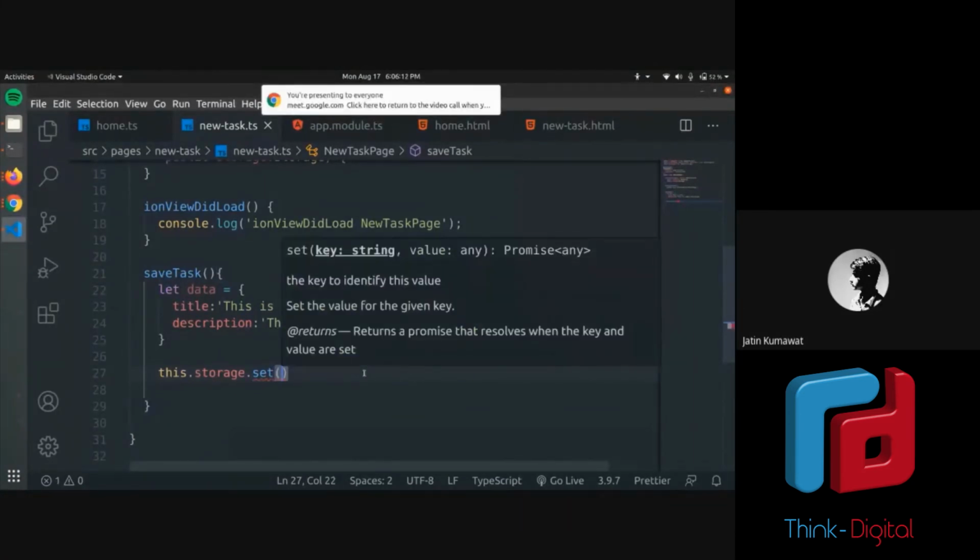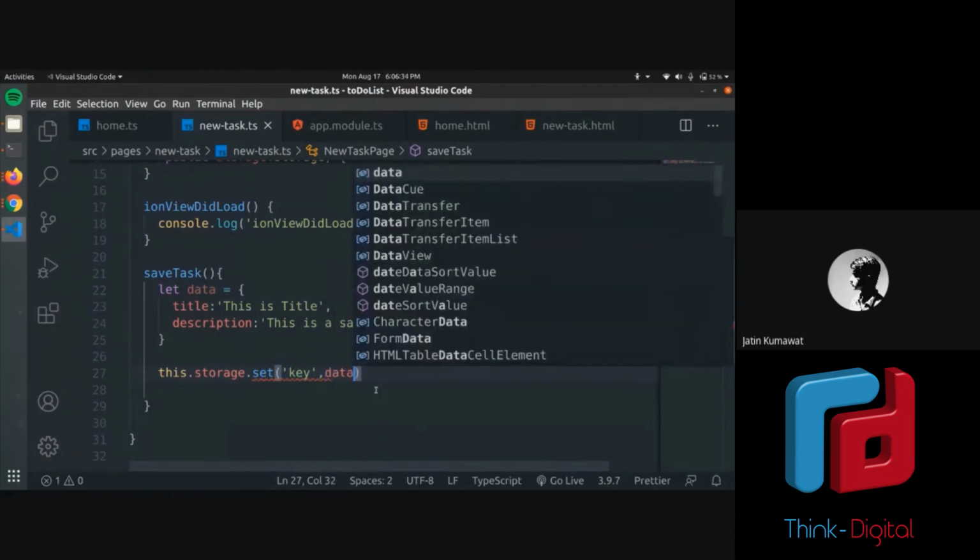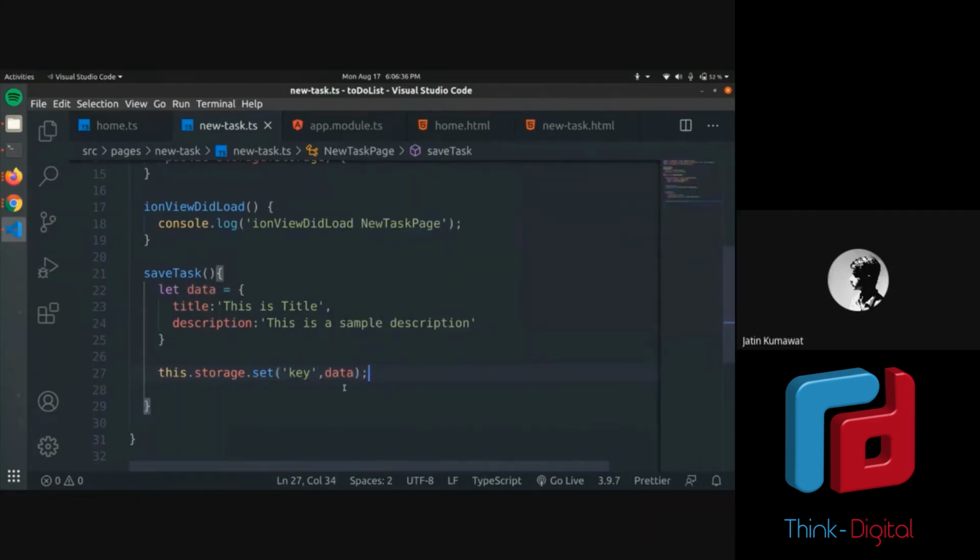In the browser's case it is the cache, or in the case of your mobile, it's your mobile storage. Now there are two things I need to write. One is the key, which I will use to access it later, and then the value, as told by VS Code. VS Code helps you a lot. I will just name it key, comma, and the value, what I want to store. So I want to store this object data. So it's successful now. Just these two things, and it has stored my data in storage.